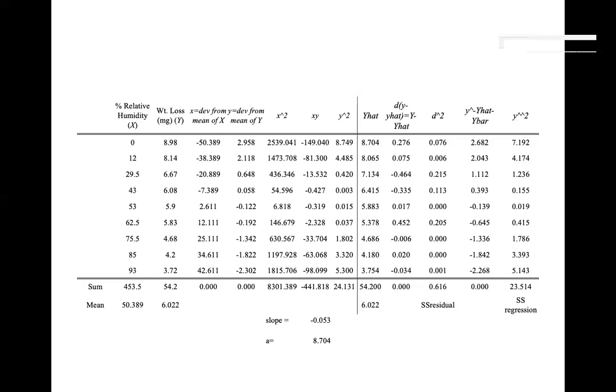And this is the value that is predicted by the regression model that we generated. The slope of negative 0.053 times x plus the y-intercept. So this is what comes out of y equals a plus bx, and whatever a and b is, and whatever x value is, this is what gets predicted. But you also have what is observed, and so the mean